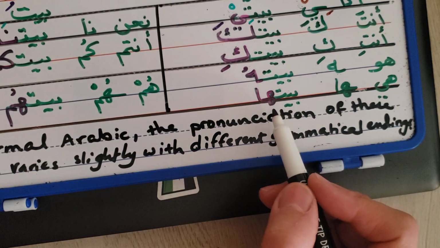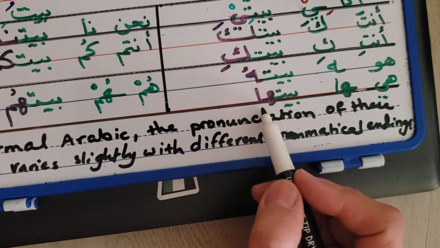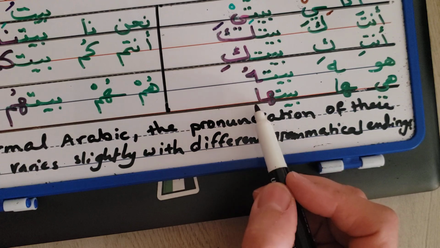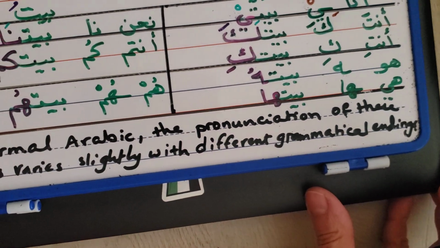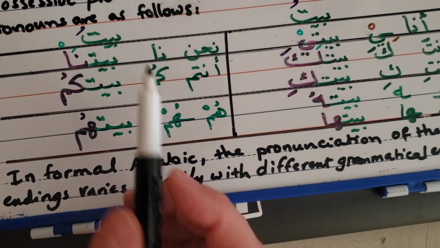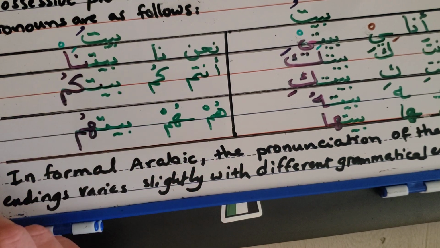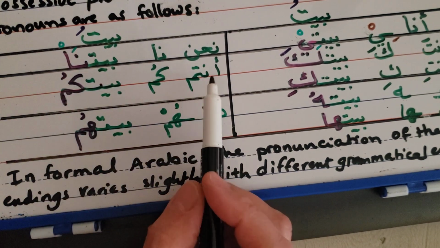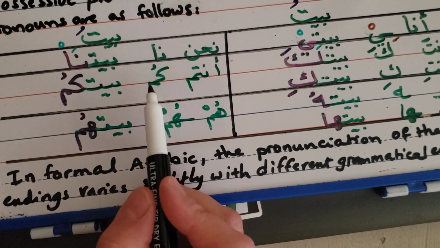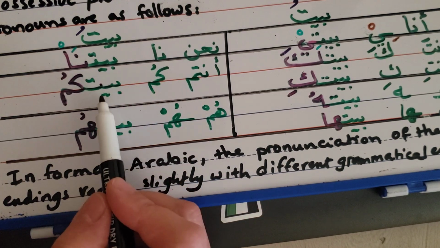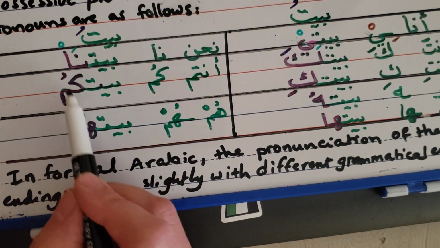For her, you say this is her house: هذا بيتها. بيته وبيتها. Okay. So if it is our house, you say هذا بيتنا, you add na. Okay. And for you, the plural, kum: هذا بيتكم. So we add the kum